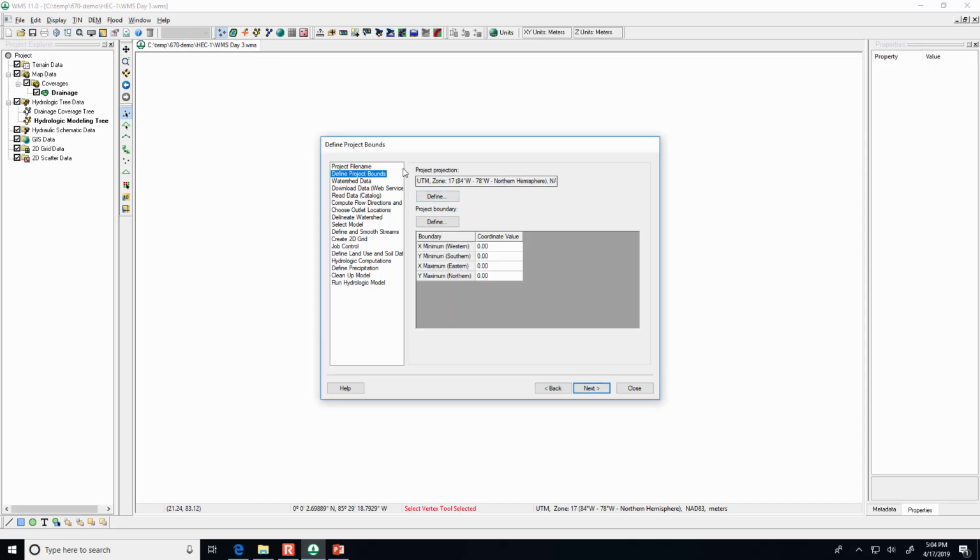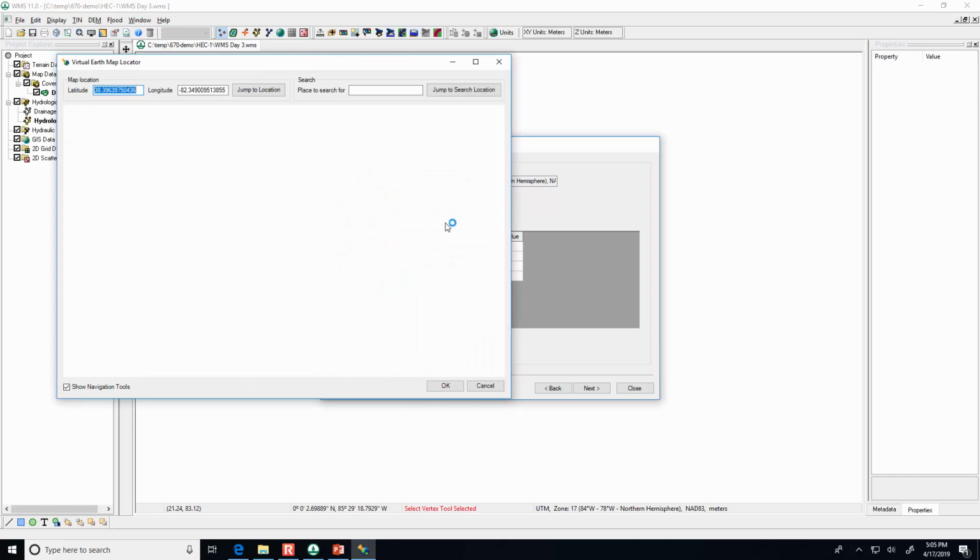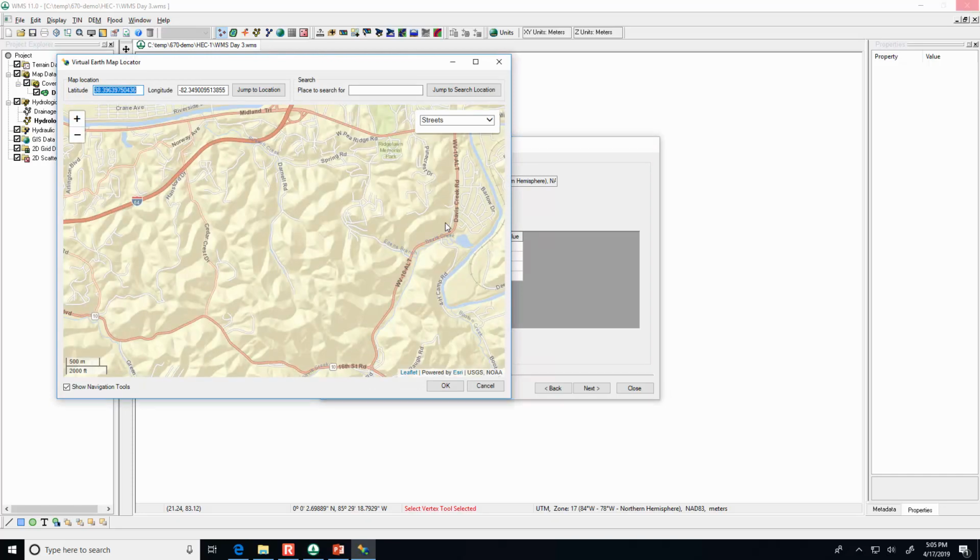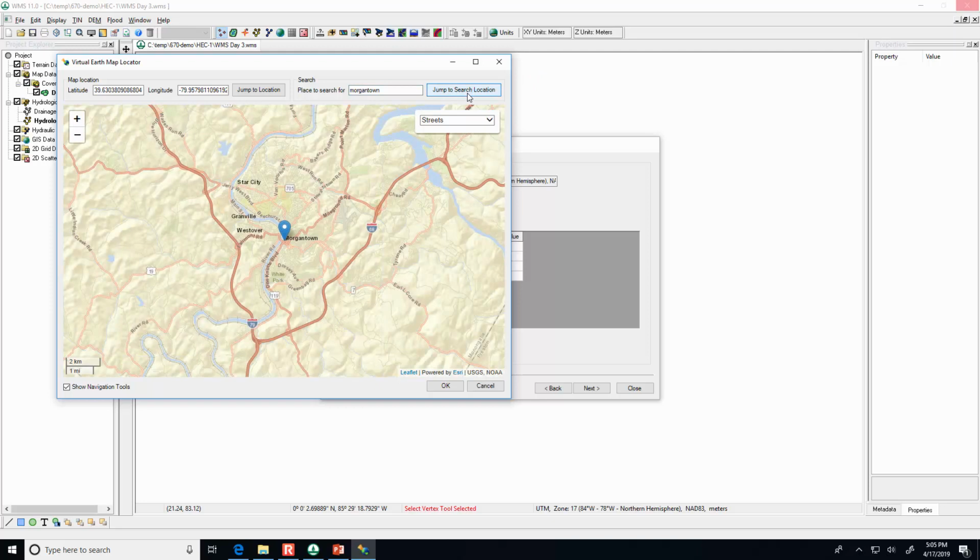And then we need to make sure that our projection is still in Zone 17. Remember that the entirety of West Virginia is within Zone 17, but for the project boundary, when you click on Define Project Boundary, it will probably take you to the location that you just had for the quiz. Instead, what we want to do is pan over to Morgantown. So you can either type the word Morgantown in the search bar, and I think it will probably take us to the right spot. It did.